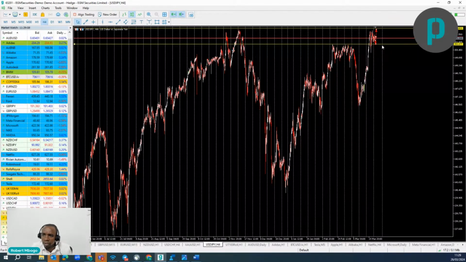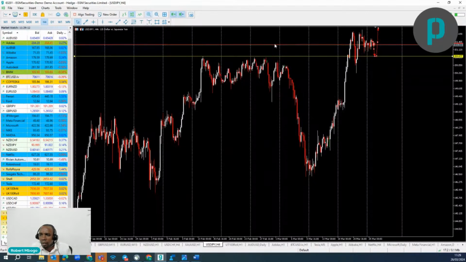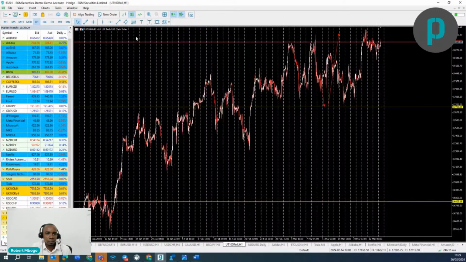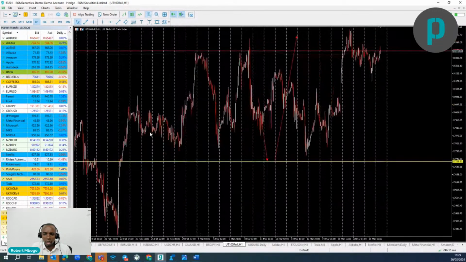152.00. That will be an area of interest for me on this particular asset. It's around 113 pips away. Yeah, that's a possibility. Let's look at US100, NASDAQ. So analysis from Friday,